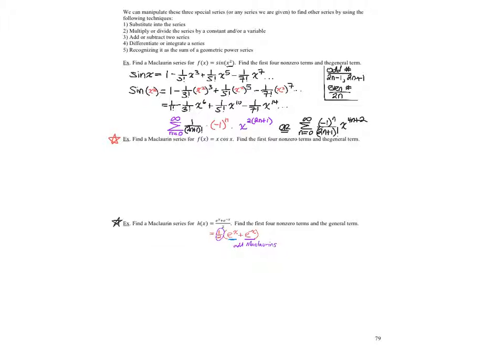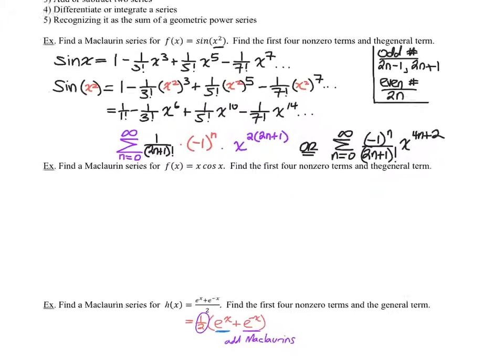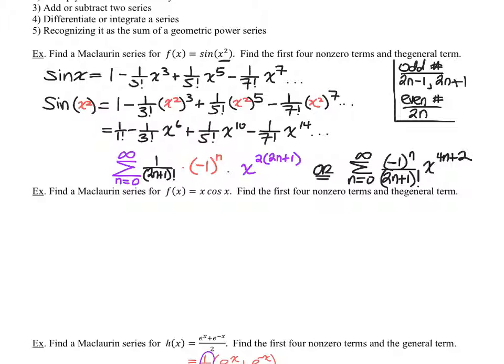Page 79, we have the Maclaurin series that we're looking for these two types of functions. I gave you a little tip on the last one, but for this, the second one, it's not crazy. What you're going to do is you start off with the known Maclaurin series, which is the cosine of x is equal to